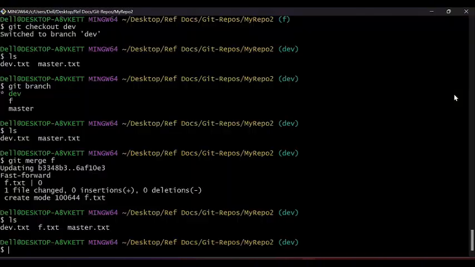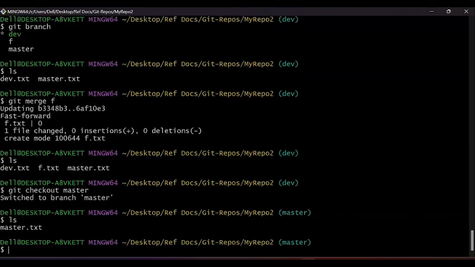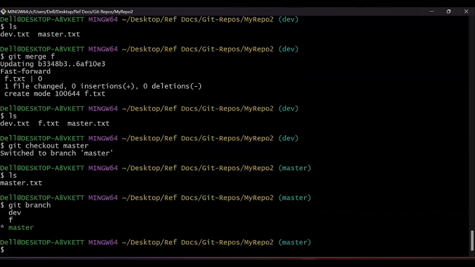Similarly, here if I check out to master, where only my master.txt file is present. Currently I am in the master branch. Now if I want to merge the dev branch into master, what will I do? I will do git merge dev,